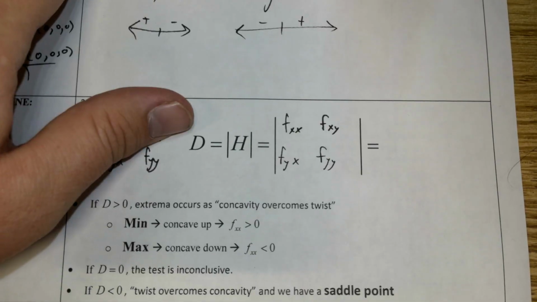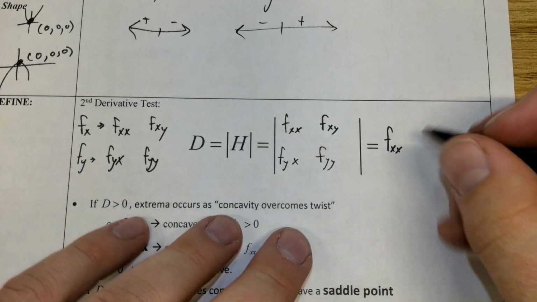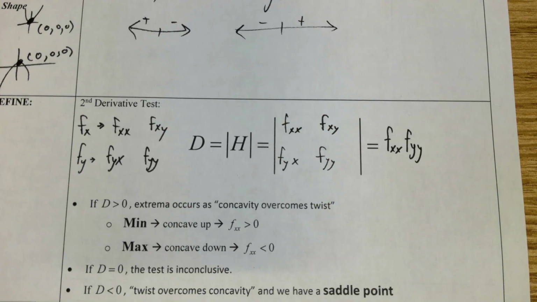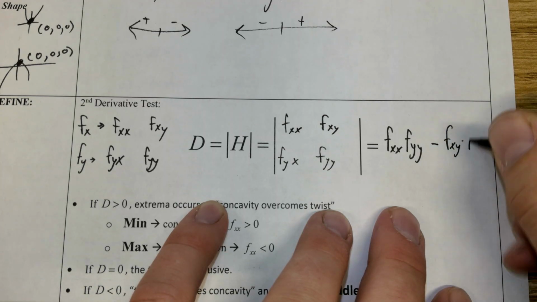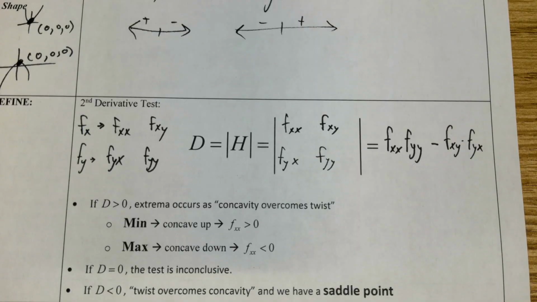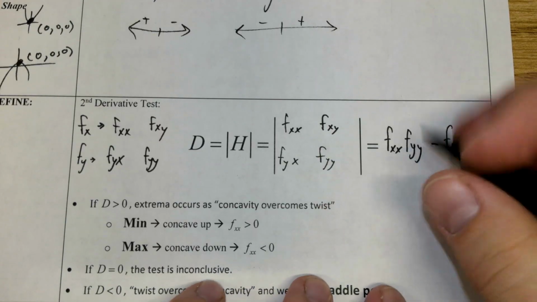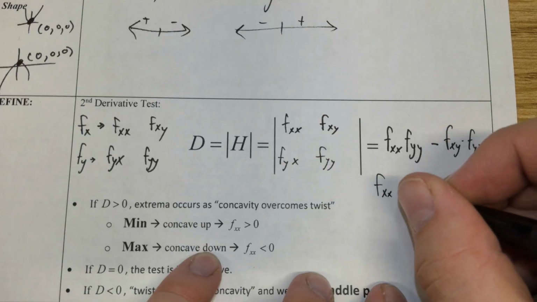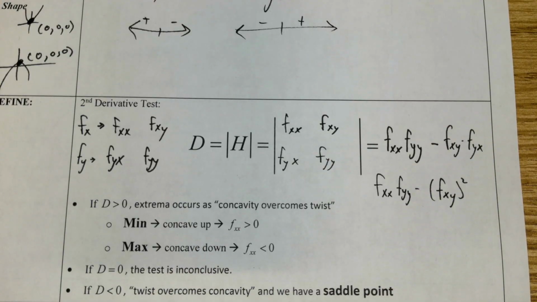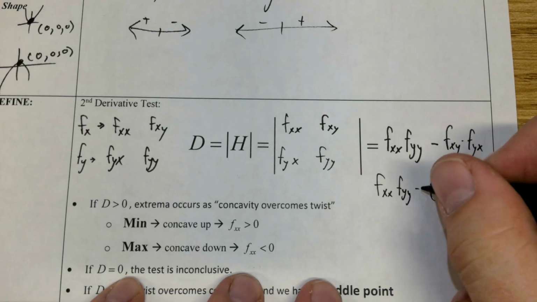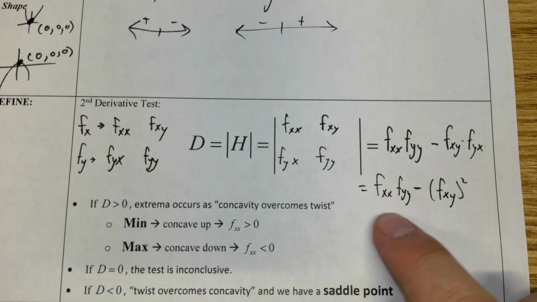And so now, when I do this cross product, I get my second partial with x times my second partial with y minus xy times yx. And as we've just grown to understand, these are equal, as long as I'm continuous in this region. So I've got f double x, f double y minus this thing squared. And if it's easier to compute yx, you're allowed to compute yx instead. But it's interesting what happens here. This is kind of a concavity check,